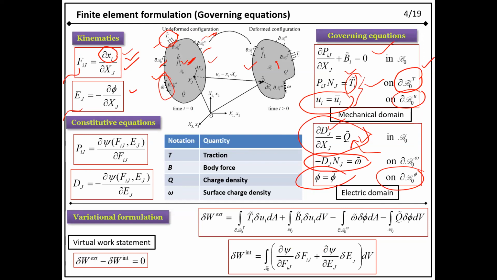I already discussed the relationship between the stress and strain. You can consider this a PK1 stress or nonlinear stress, and this is the deformation gradient of the primary variables. Phi will define the deformation. You can consider it equivalent to small strain in case of a small deformation. This showcases the constitutive relationship, that is, the relationship between the stress and strains. So these are the governing equations, the strong form of the equations.